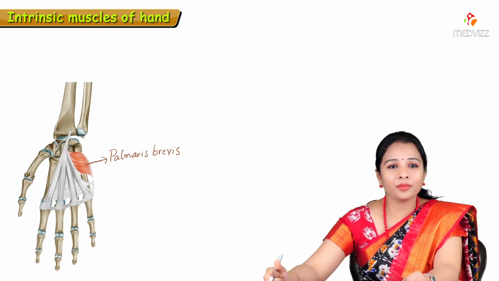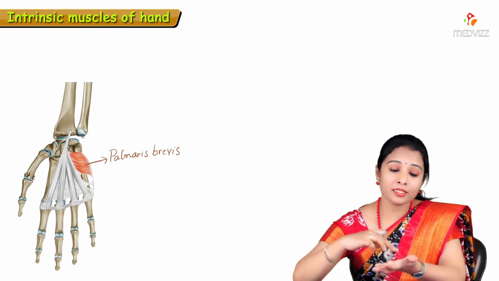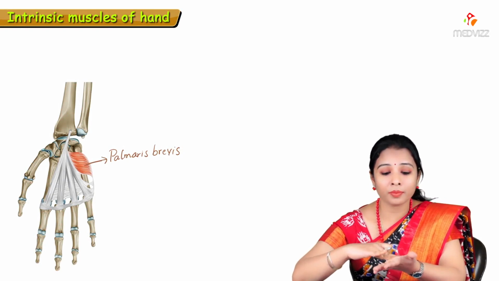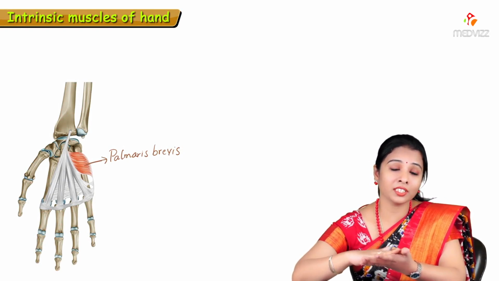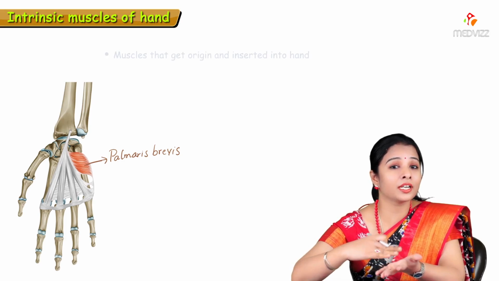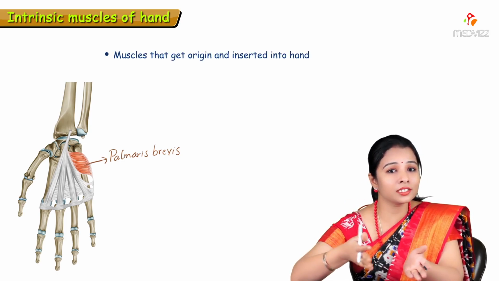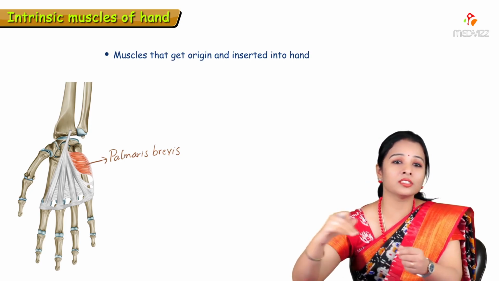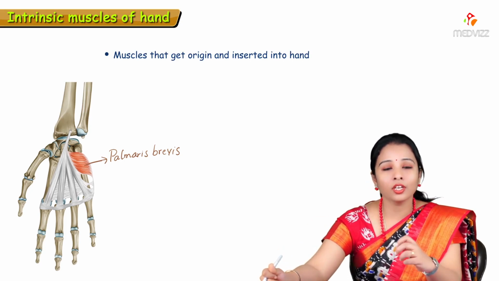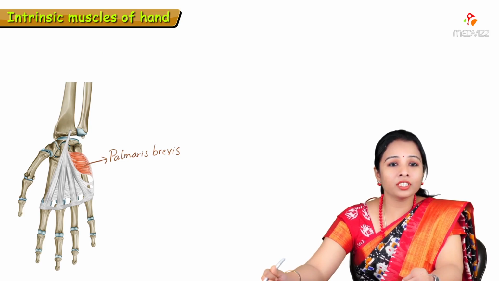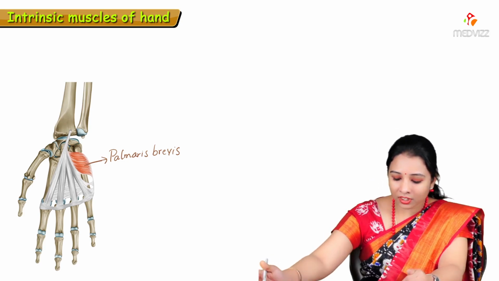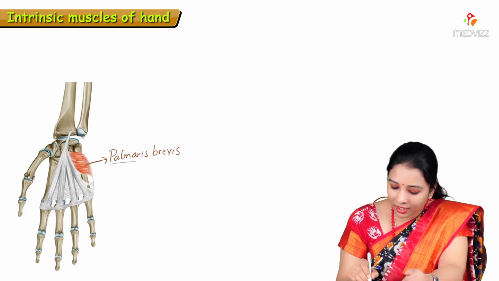So dear students, today's topic is about intrinsic muscles of the hand, meaning the muscles which are present in the palmar aspect. What we see within the hand are intrinsic, meaning they get origin from the bones of the hand itself and they get inserted within the hand. Such muscles are called intrinsic muscles. Before going into detail about these intrinsic muscles, the first muscle which we are going to learn here is